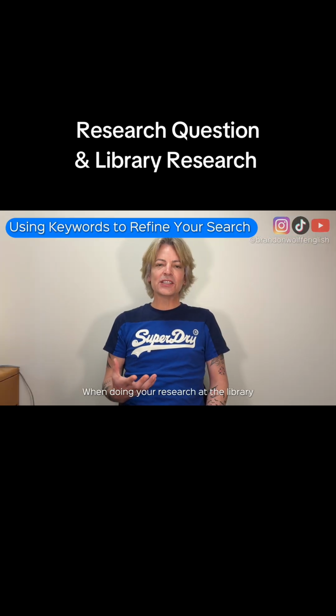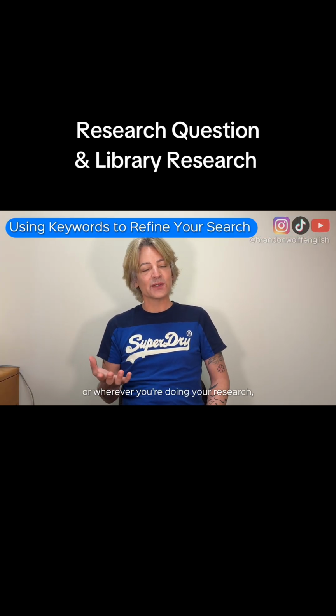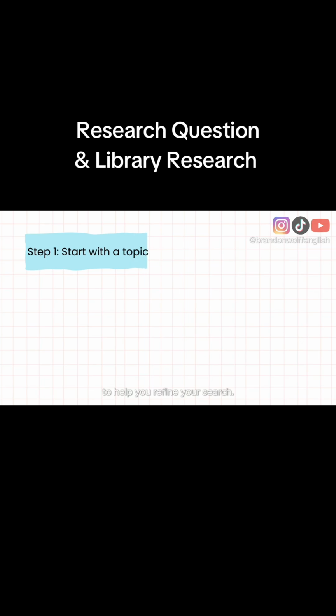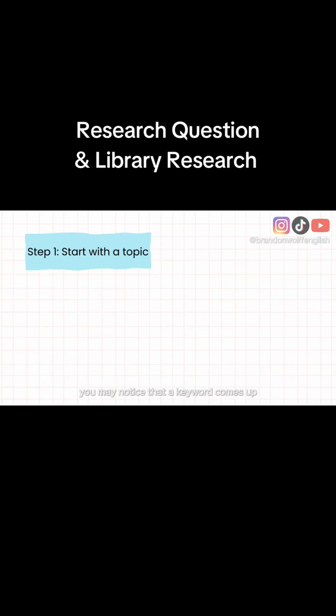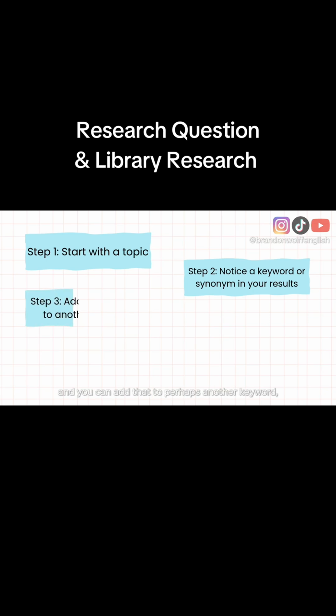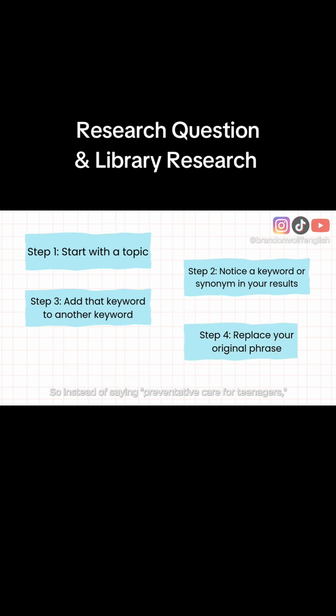When doing your research at the library or wherever you're doing your research, one thing to think about is how you can find keywords to help you refine your search. If you're doing, say, a paper about preventative care, and you go to the UCI library and you type in preventative care, you may notice a keyword come up or a synonym for preventative care like prophylaxis. And then you see this word like prophylaxis, and you can add that to another keyword, among adolescents. So instead of saying preventative care for teenagers, you could use the phrase prophylaxis for adolescents, and that would yield